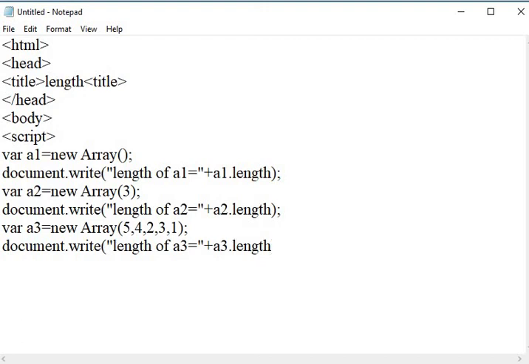Okay, close the script tag, close the body tag and close the HTML tag. Save this file and see the output.